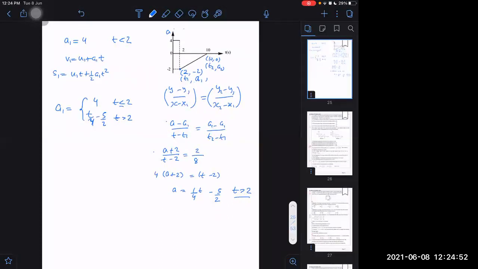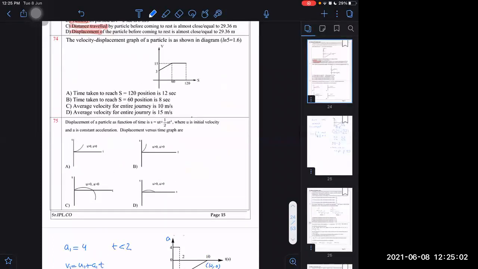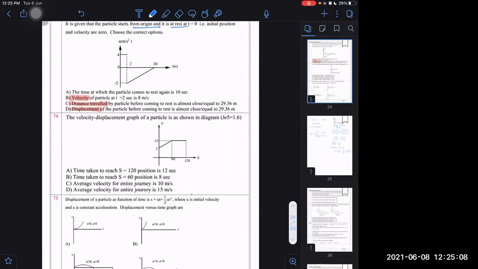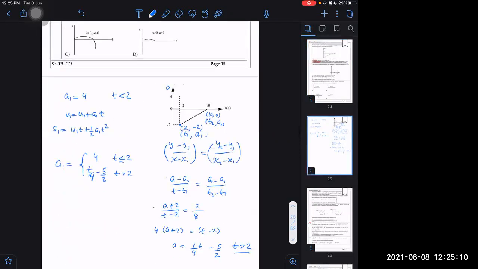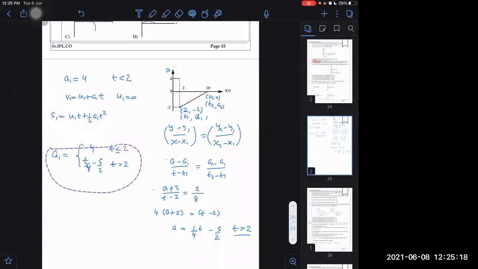Now we will start writing the final velocity obtained just after the first interval. The first interval is of 2 seconds. Then what was the initial velocity given? From the origin at rest, the initial velocity was 0. So u is given as 0. Then we are getting v1 as, what is v1?